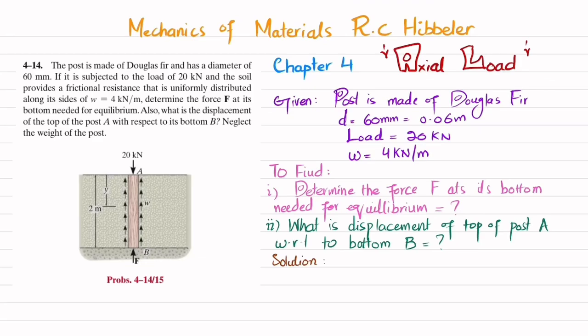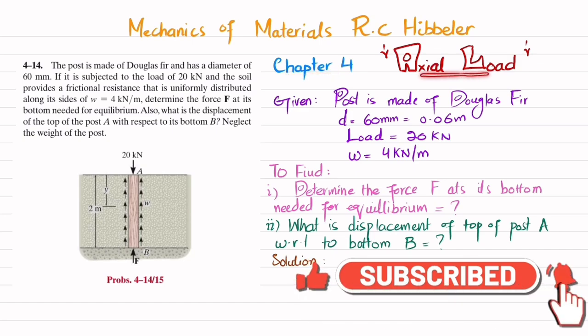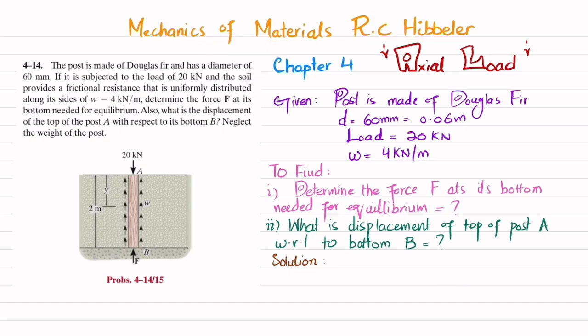Welcome back. Problem 4-14. This problem is taken from chapter number 4, that is Axial Load, and the book name is Mechanics of Materials by R.C. Hibbeler. So the statement is: the post is made of Douglas fir and has a diameter of 60 millimeter. If it is subjected to a load of 20 kilonewton and the soil provides frictional resistance that is uniformly distributed along its side,